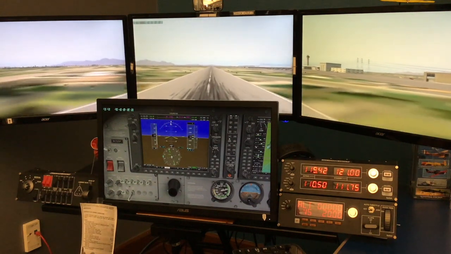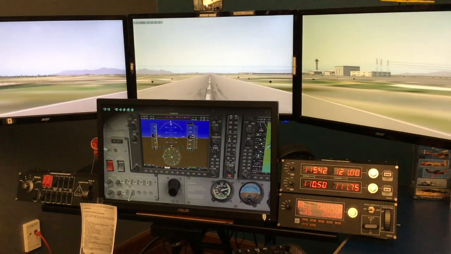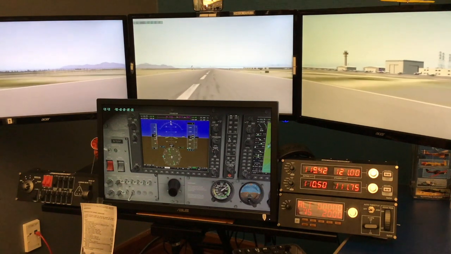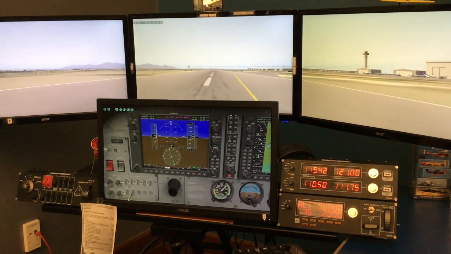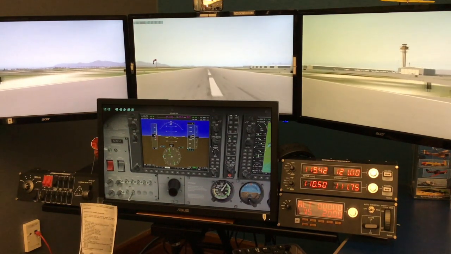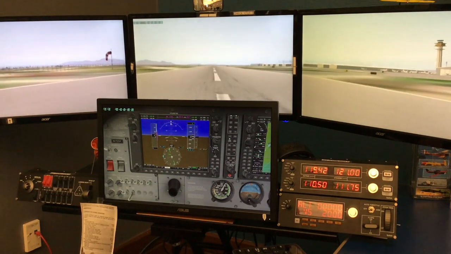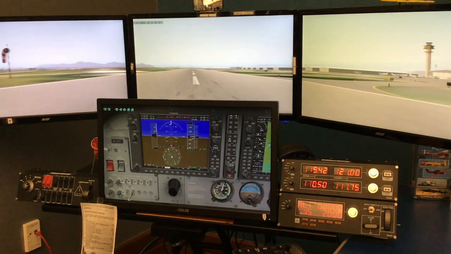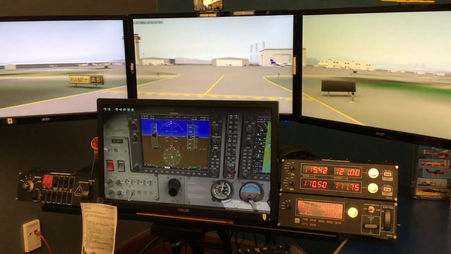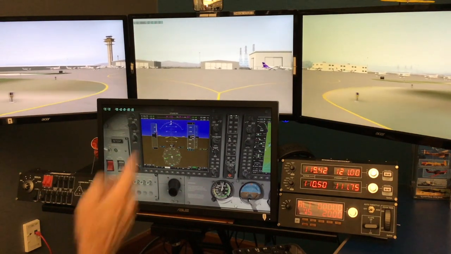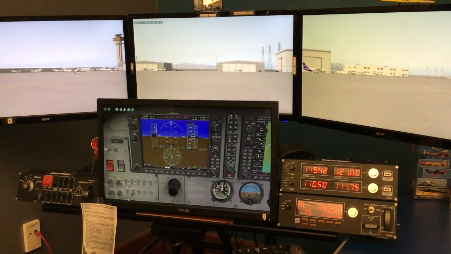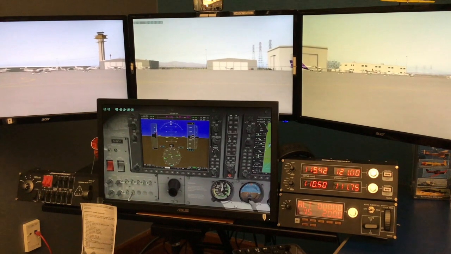Let me just see if we can get a smooth landing out of this. And like so. And we'll let it coast down to the next turnoff. I would suggest using the red button for the brakes because it's still kind of hard to keep the equal pressure on the toe brakes. It's possible, but you really have to modulate it. That red button is over here on the front part of the throttle that says collective. So we'll just coast in here, park it,